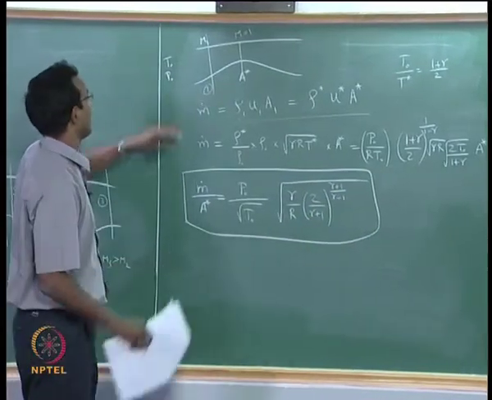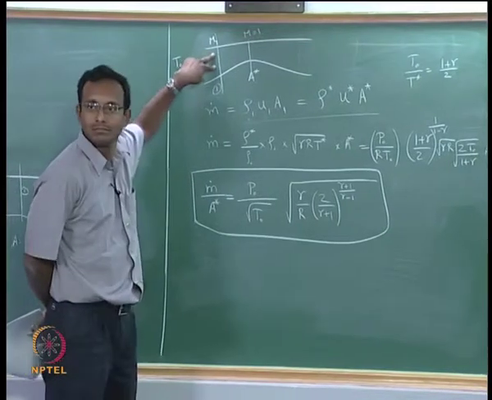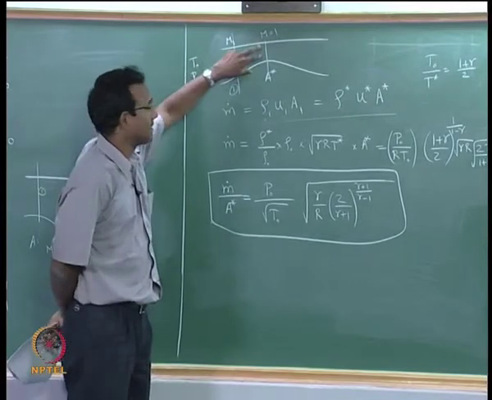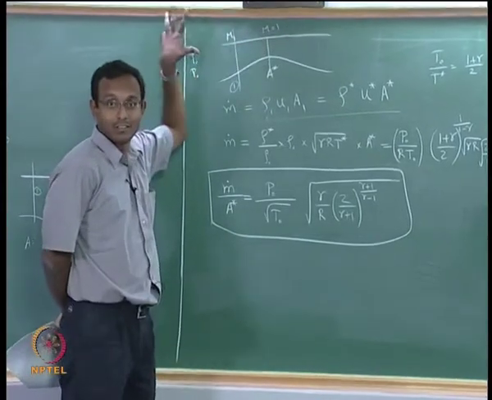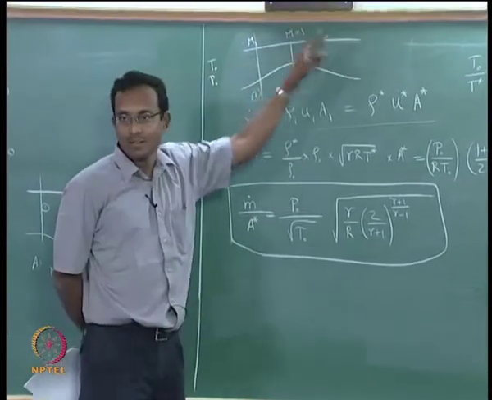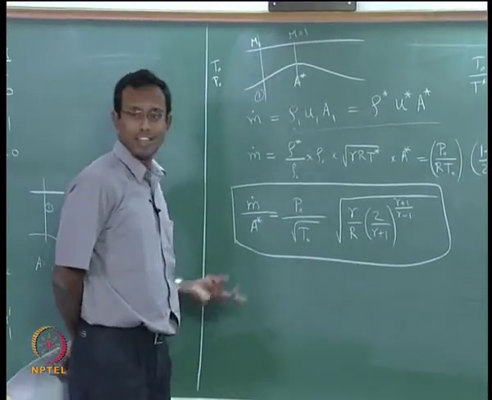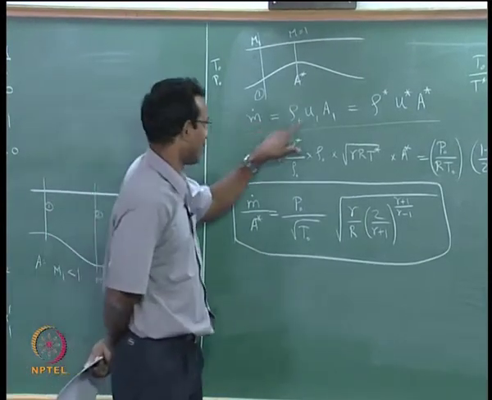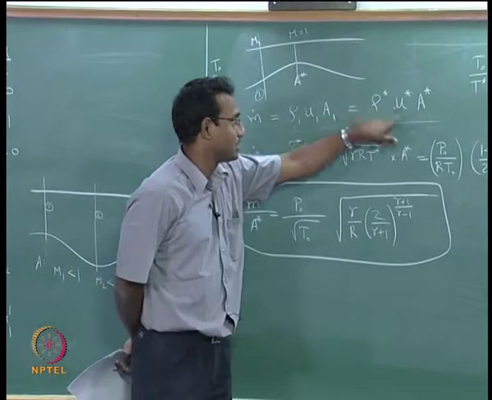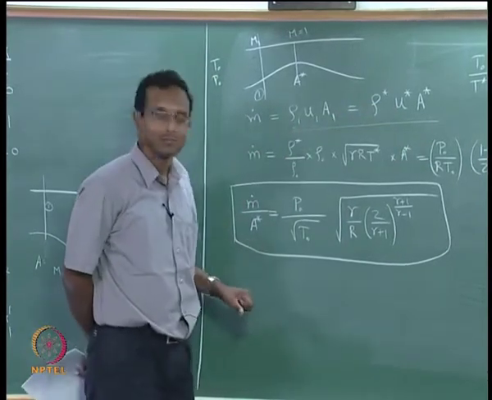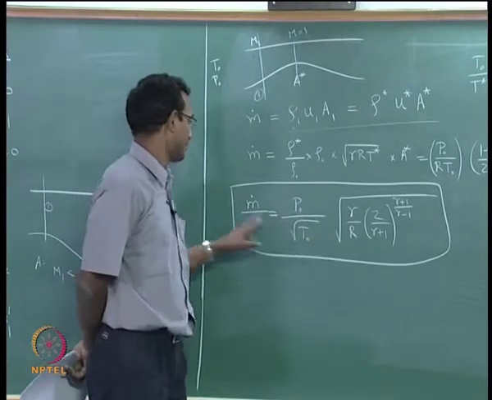Now, what is the mass flow rate at section 1? If you think about it, it must be the same as that at this section. Why? It is a duct. You said it is one duct and it is just the area changing. Mass flow rate here must be the same as mass flow rate here. Another proof, the expression written here, m dot is equal to rho 1 u1 A1 is equal to rho star u star A star. This is going to help us solve problems faster. Okay. I have this expression.